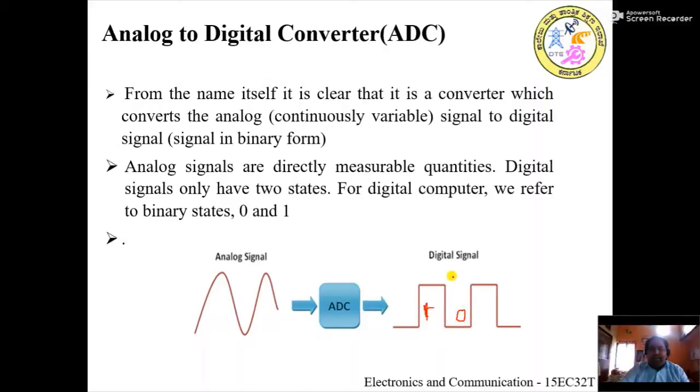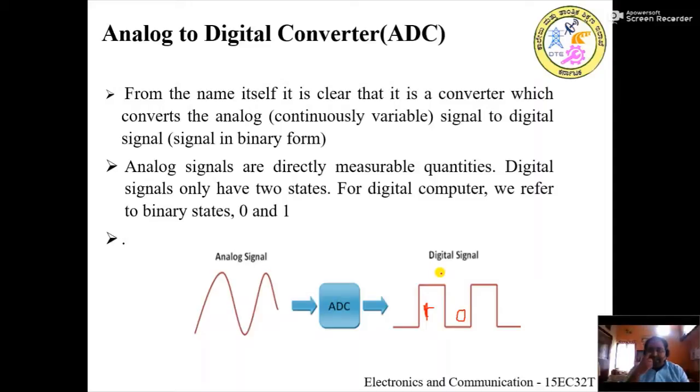So why are these converters necessary? Let's give an example. Whenever we want to measure the temperature within a room, nowadays temperature sensors are used, and most of the sensors, which are transducers, measure physical quantities like temperature and mass. If the temperature sensor is used to measure the temperature inside the room, once the temperature is measured, it gives the result in the form of an analog signal.